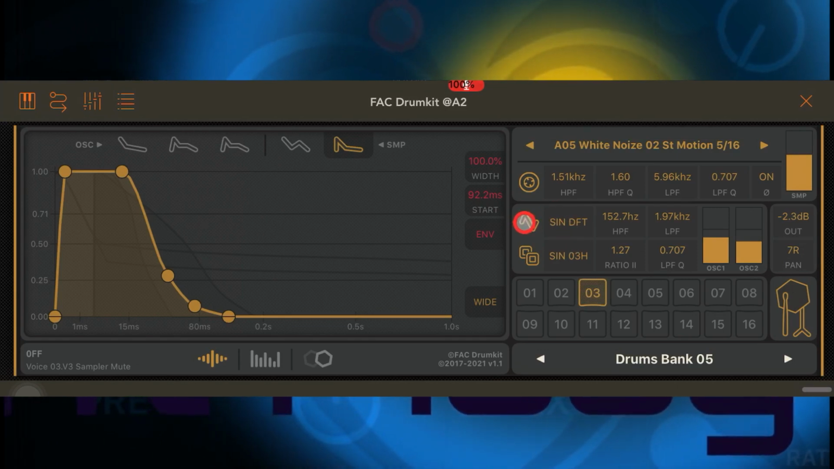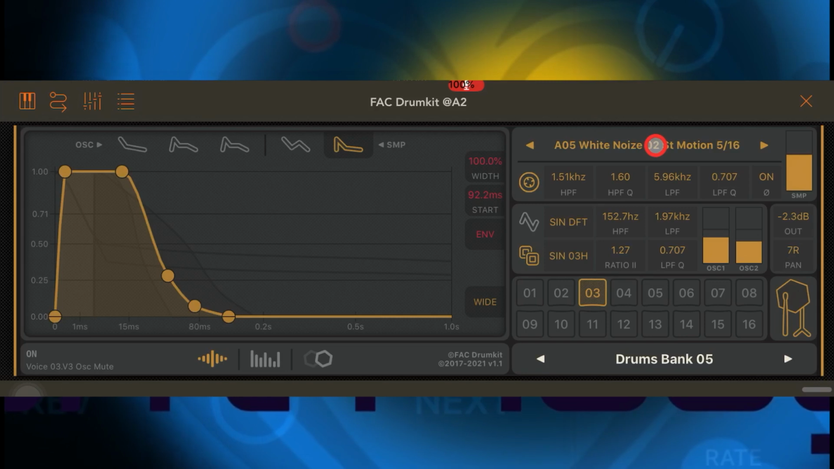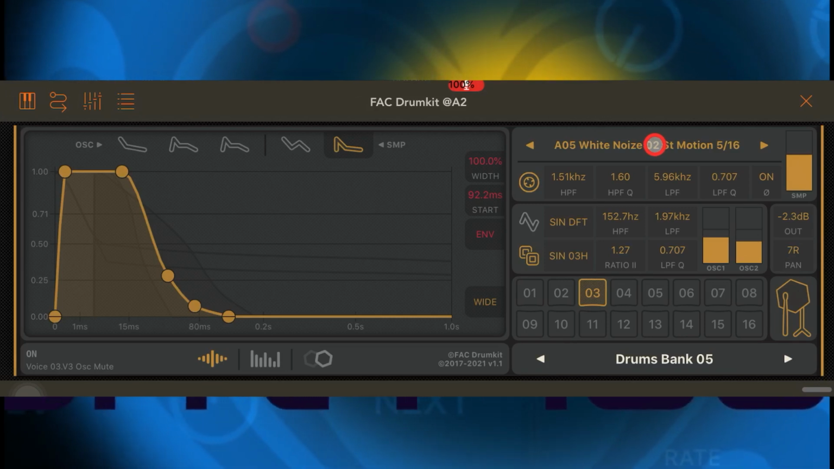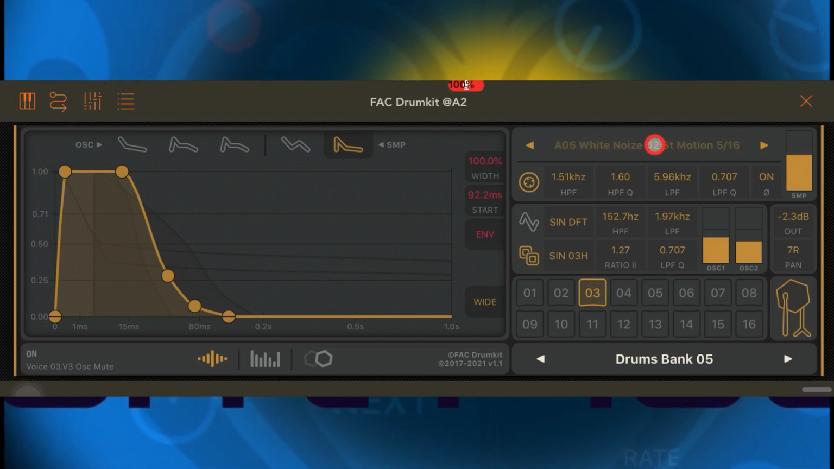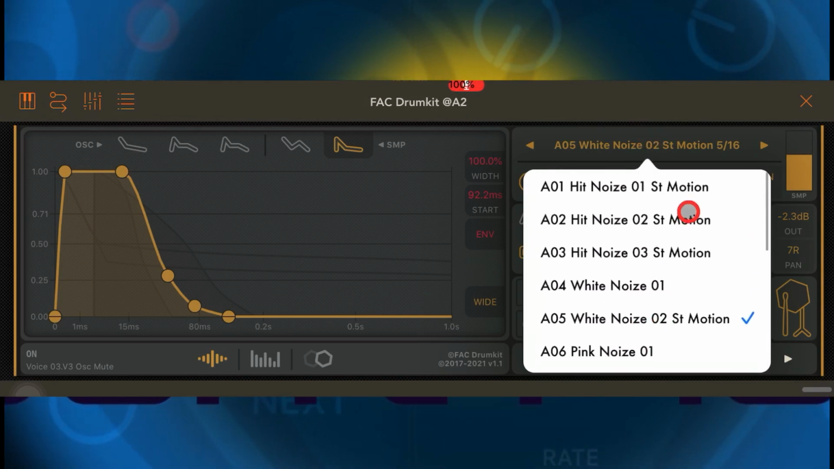Okay, we'll put the oscillator section off again. Now up here is where we can change the sample that we're using. If I do a quick click, here are the samples included in this kit, so you can switch out which